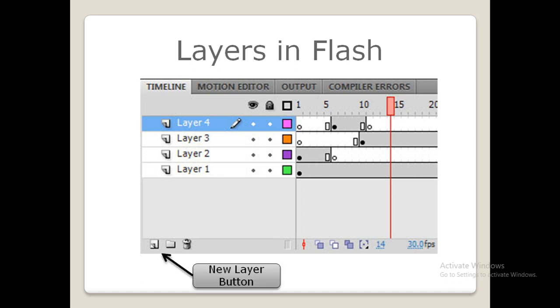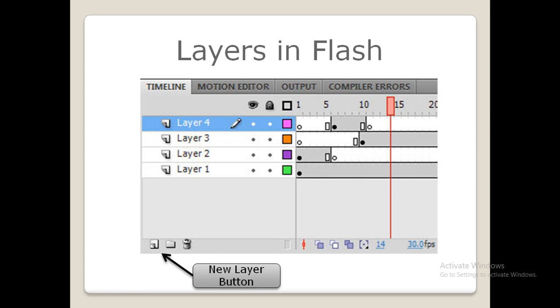Next, coming to inserting a new layer. So, how can you insert a new layer? By default, the Flash document has a single layer. However, you can insert as many layers as you wish. For this you have to click on the new layer button present at the bottom left corner of the timeline. So you can see there is a new layer button present over here at the left side of the timeline.